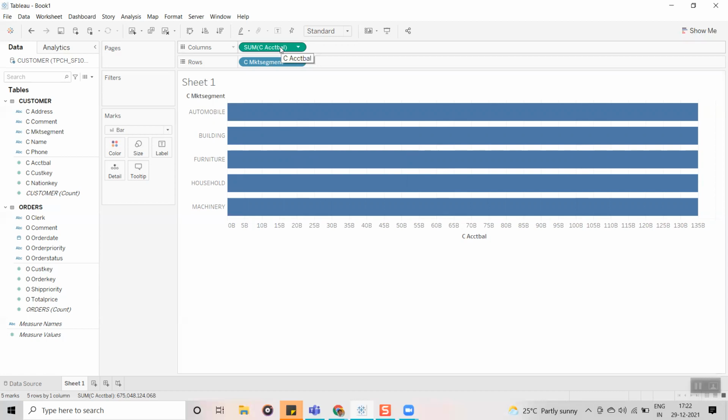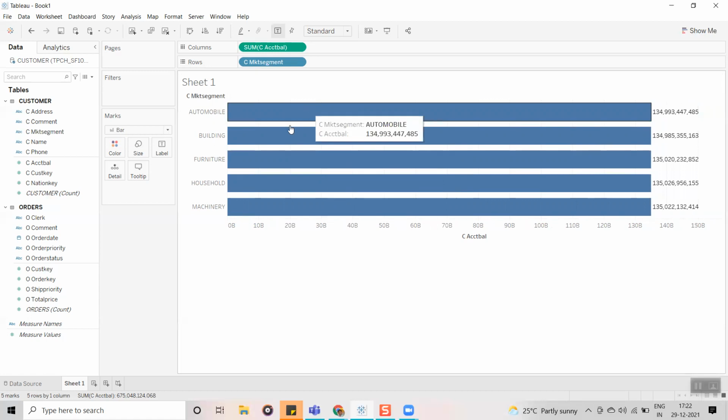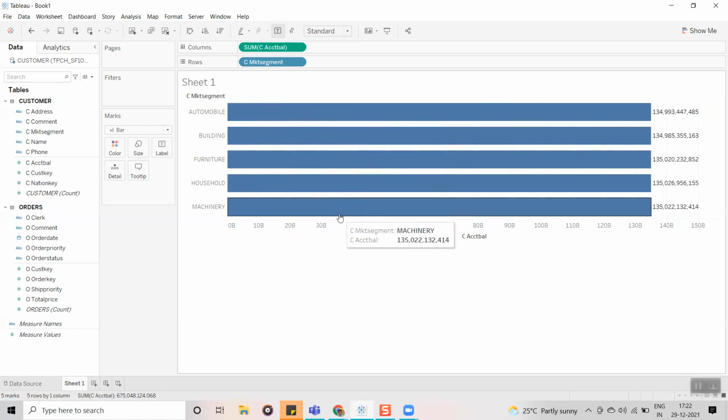Have you guys heard about granularity earlier? Now, is the visualization we are displaying high granularity or low granularity? Actually, this is high granularity.